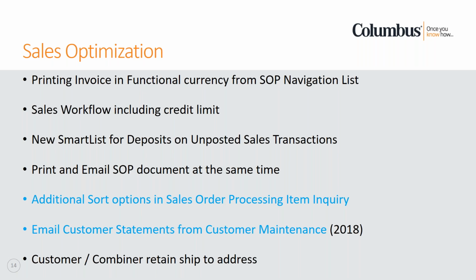And then the last thing in the sales series is the customer combiner tool that is part of the professional services tools library that's free. Some of you might use the customer combiner or changer, but on the combiner part of that tool, combiner meaning that we're taking multiple customers and combining them into one. The customers that went away, their ship-to addresses, of course, went away as well. And now the combiner will actually retain the ship-to addresses if they're different from the ship-to on the surviving